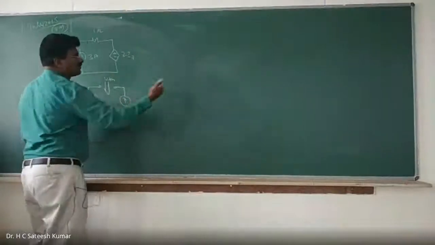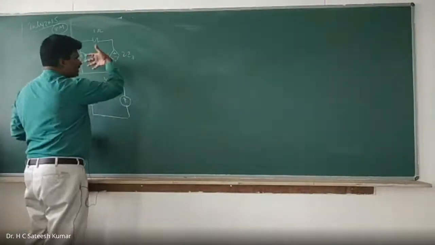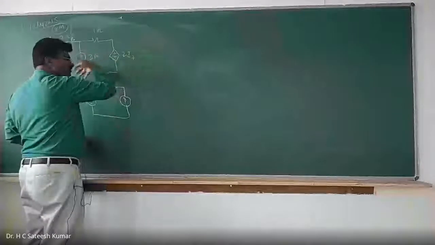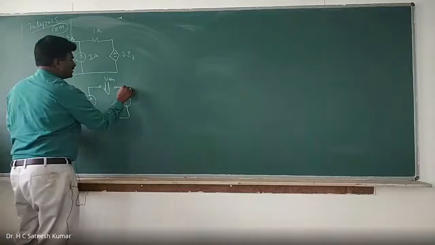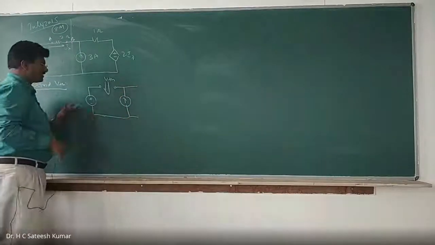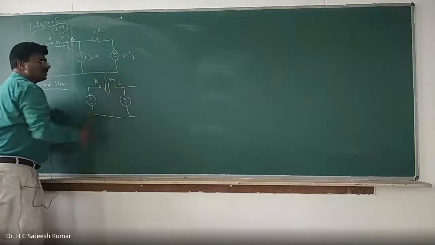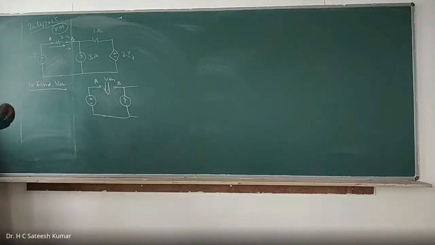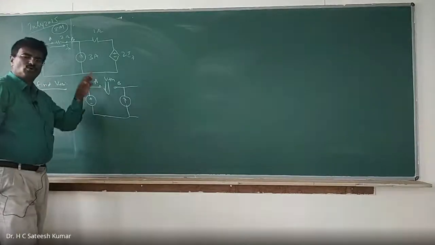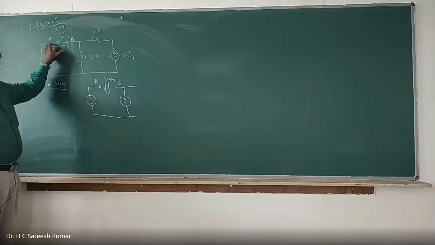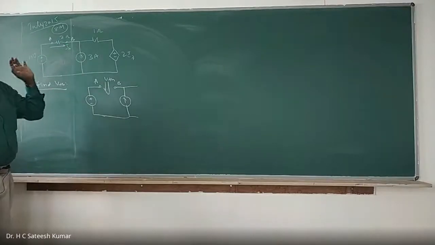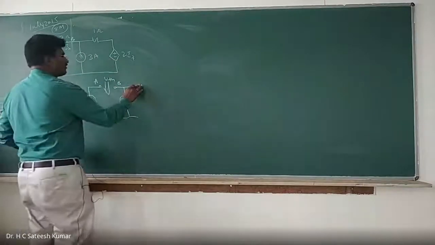Generally, the circuit will be from this side. Don't think that it is seen only from this side. Many times it may be from this side or that side, they will give it. Whether it is given from the top side doesn't make any difference. Wherever you want to apply the Thevenin's theorem, first you make open where you want to find the current, because VThevenin is the open circuit voltage seen from the load terminals. Now, I want to find out Ix through the 2 ohm resistor. This will become load, therefore you have to open there. Don't open here.